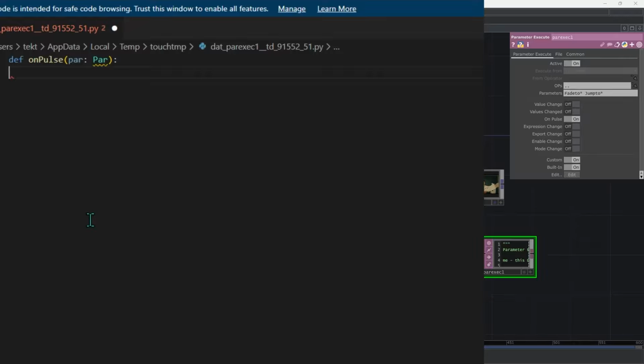And delete any extra lines. Add a new line. If it isn't indented, press tab to indent it. This might either do a tab character or some spaces. It really doesn't matter as long as it's consistent within this file. Let's type in if par.name.endswith parentheses and then a quote and a 1 and then a quote and parentheses, if it didn't automatically fill those in, and then a colon and another line indented if it wasn't already, and do